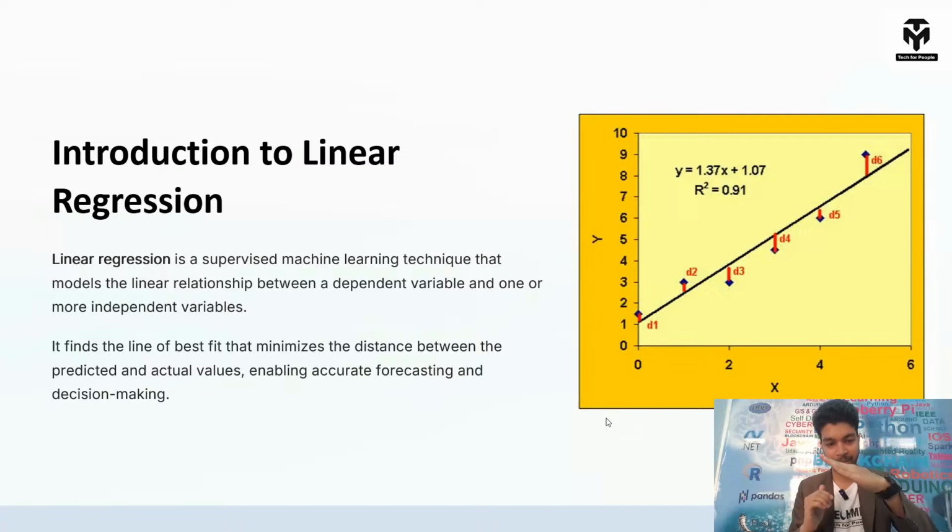And what is intercept? Intercept is a position from the zero. This is basically your intercept. If this is your line, from the bottom to above is your intercept, and slope is how slant your line is. Based on this, for all the new data points, your machine learning model will try to draw a line called the best fit line. It should make sure that this line covers all the data points around it so that the error can be minimized. Here you can see d1, d2, d3, d4, d5 and d6 are the data points. It is going to draw a line which is very close to all these data points.